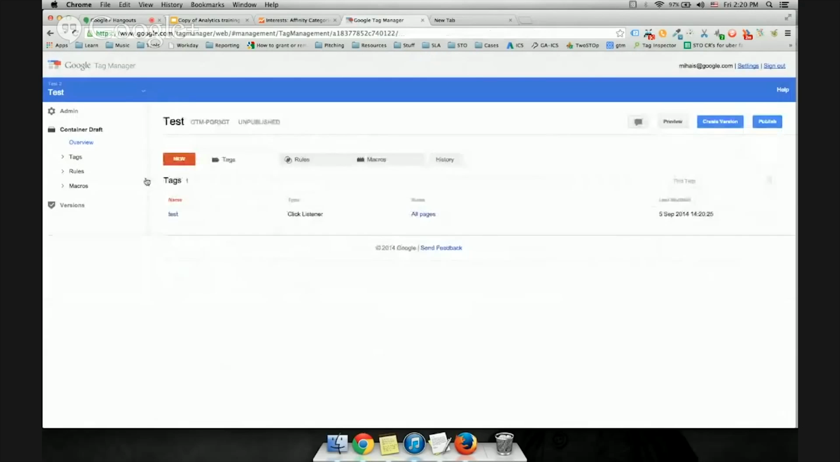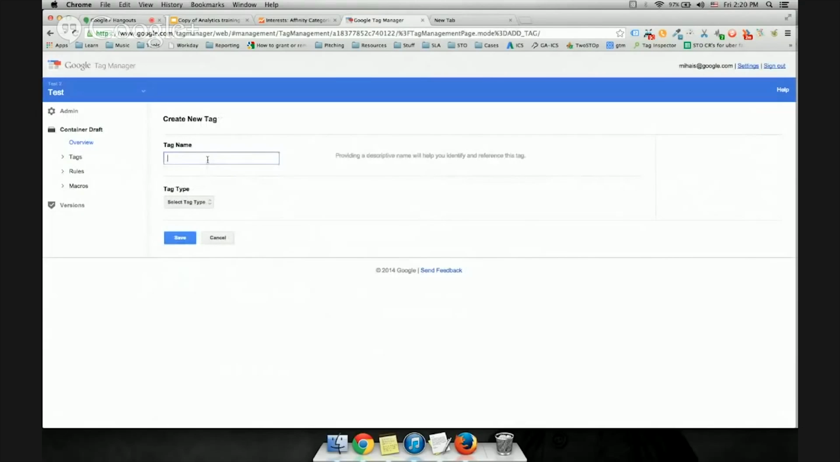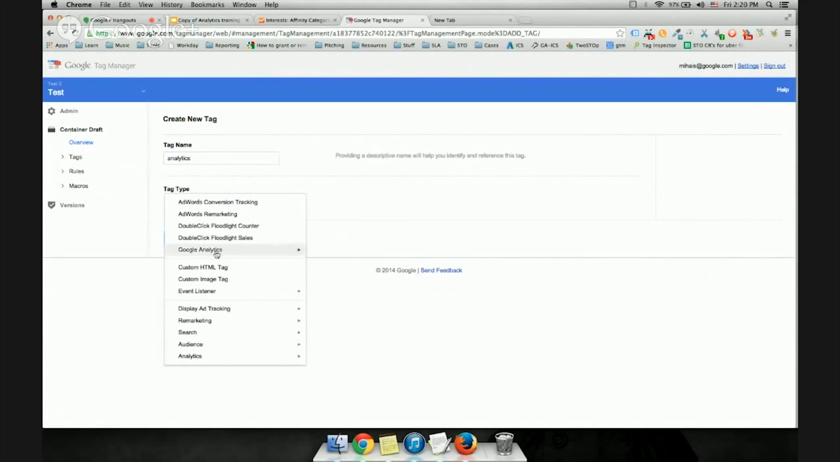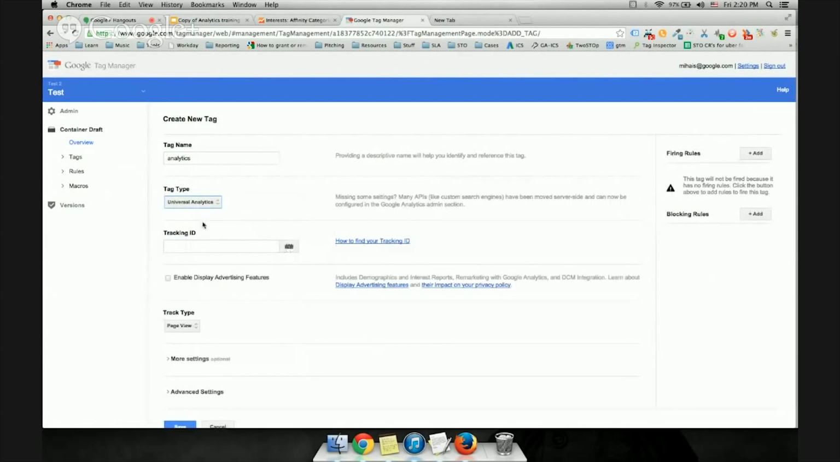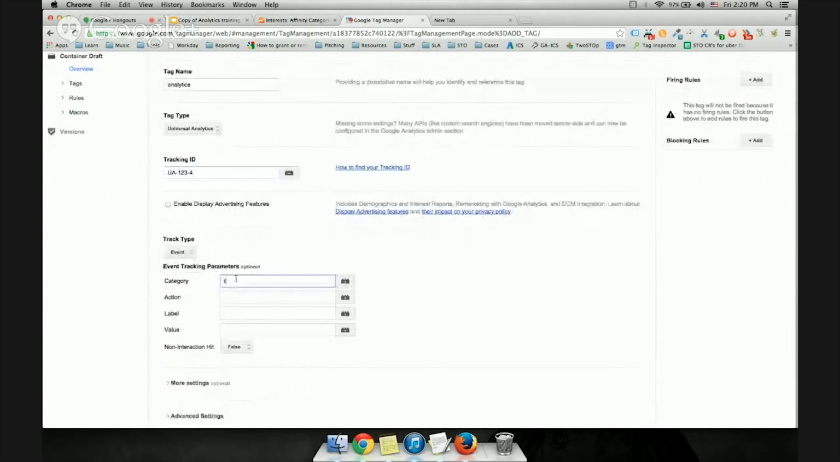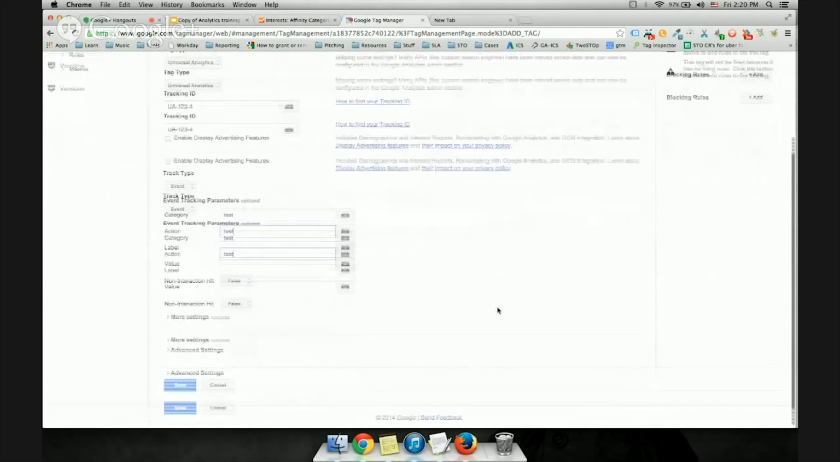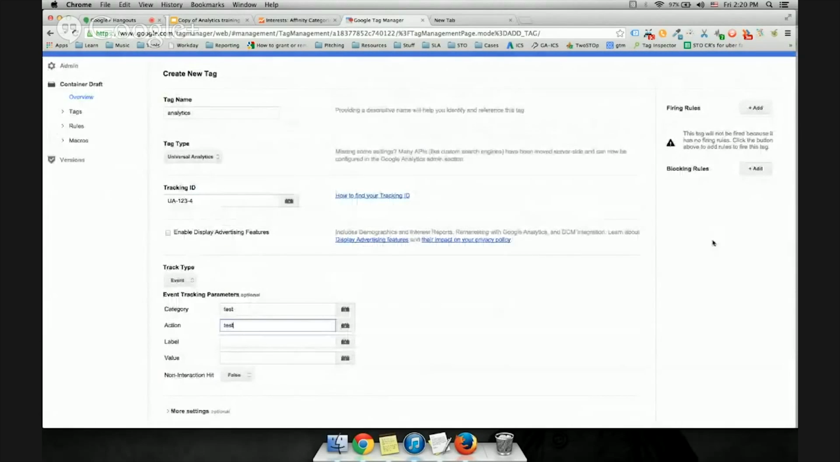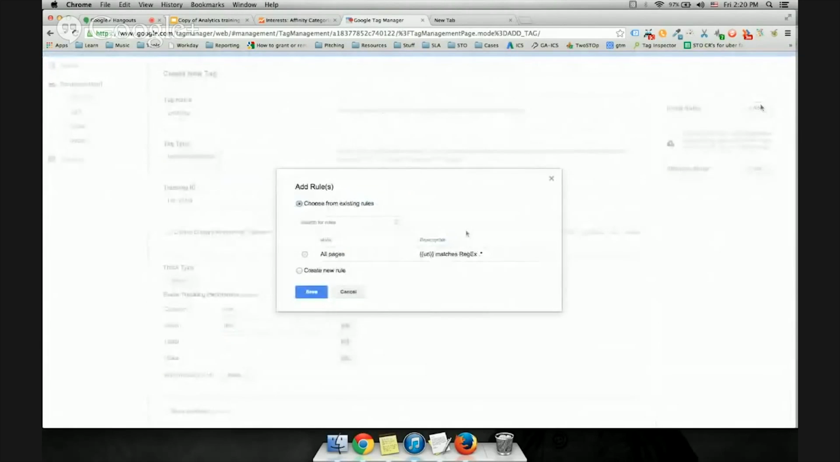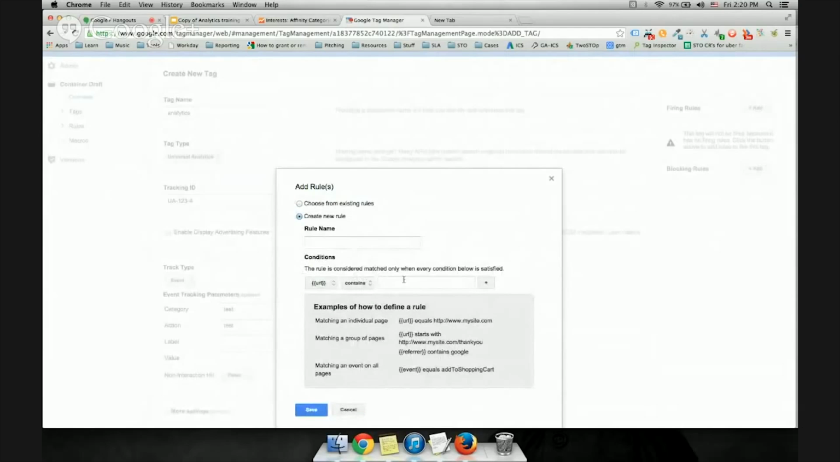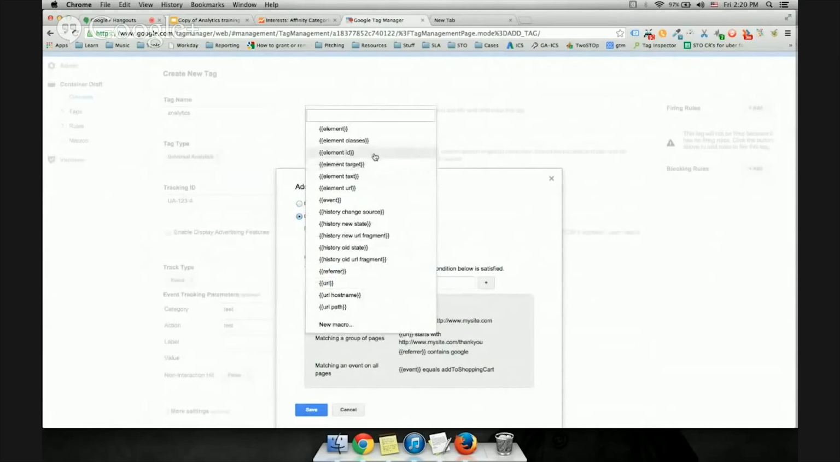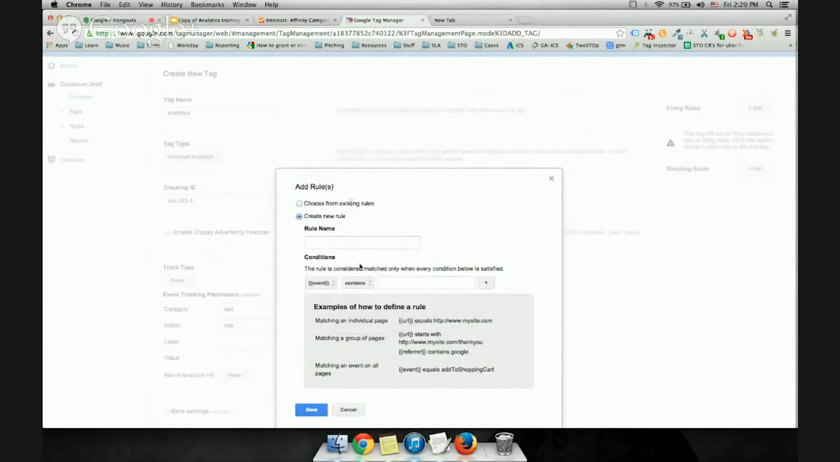Save that, and then you will have to create a new tag that is a Google Analytics tag, Universal Analytics, and this will be an event tag. You'll have to add here your UA number where you want to send the information, and here the category and the action are mandatory fields that you want to add to analytics. And then you have to specify when you want to fire this event, and we want to fire this event on all the pages of the site, but when the event matches